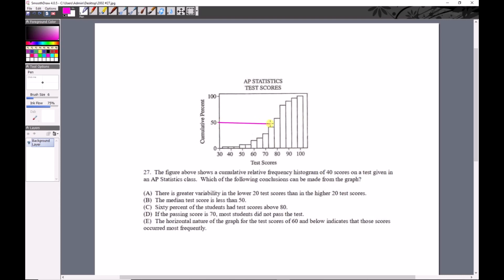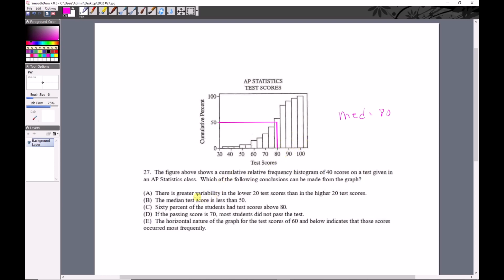All right, so I'm going to draw over to the first class halfway through, and then I'm going to draw down from there. And it's pretty much spot on at 80. So my median equals 80. So 20 of the test scores represent what's below that, 20 of the test scores represent what's above that,